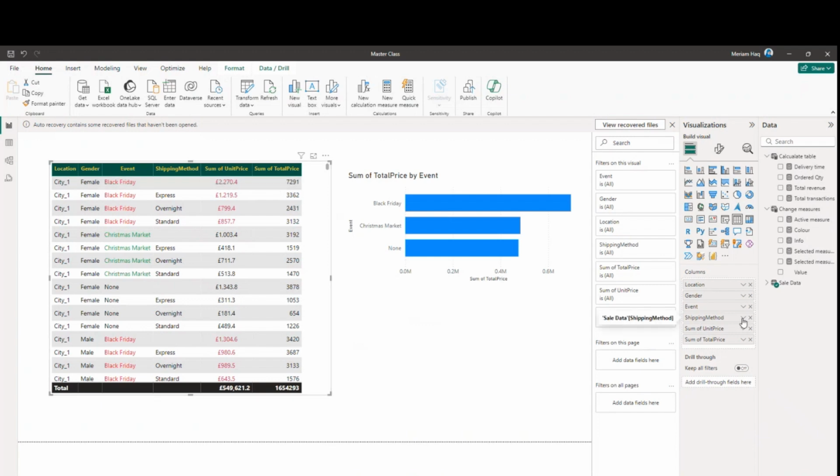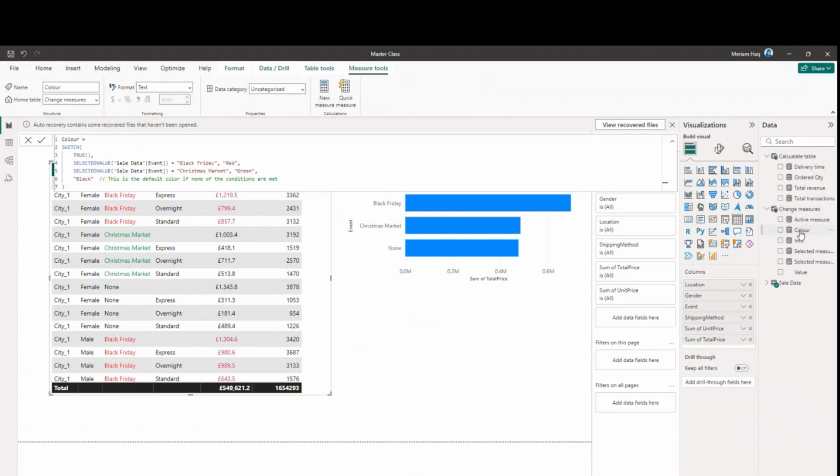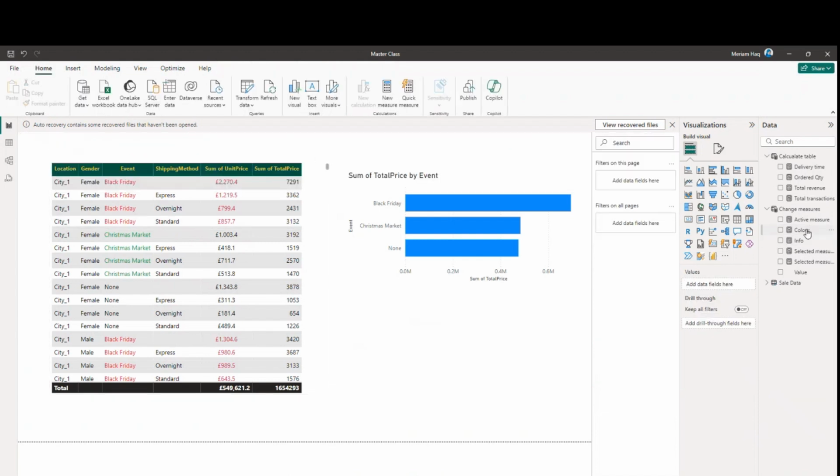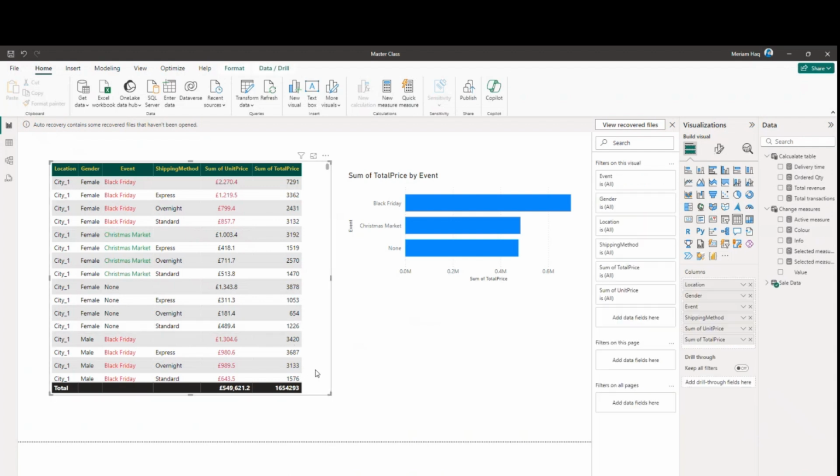So there's a shortcut for that. If I go to any place here and write down my measure, which is a SWITCH on the selected value: if the event is Black Friday, then I want it red. If it is Christmas, then it is green or black, and I keep on adding. So now this is my measure. If I click here and go to total price,